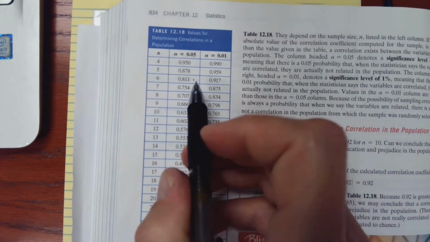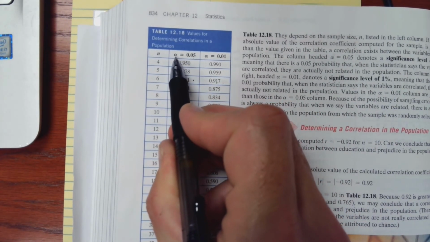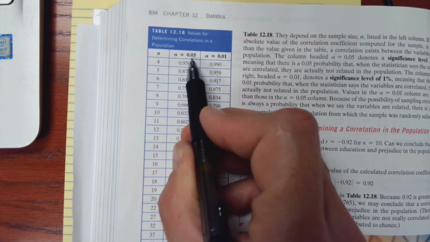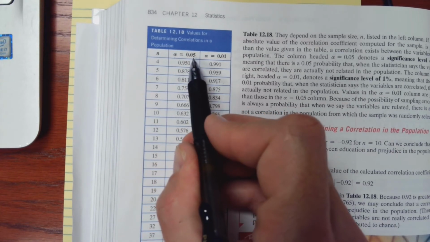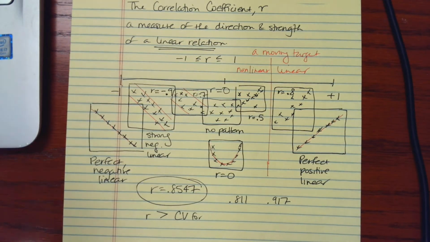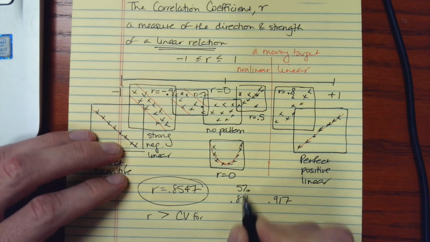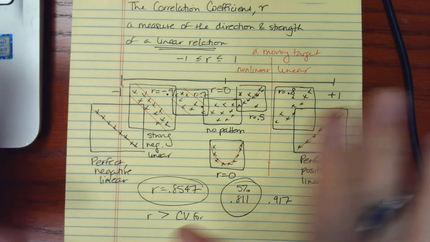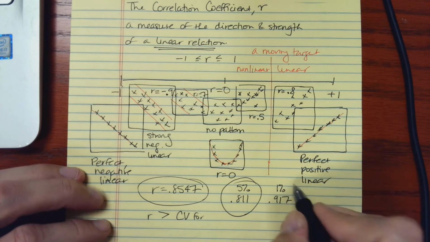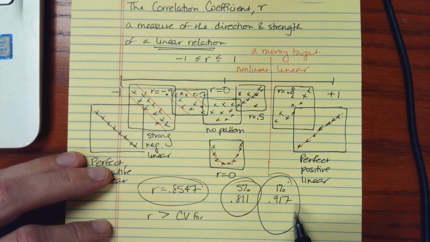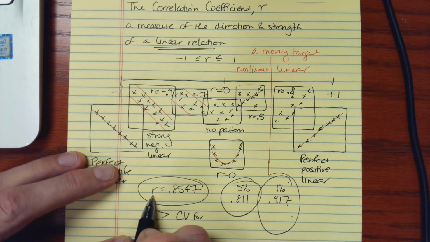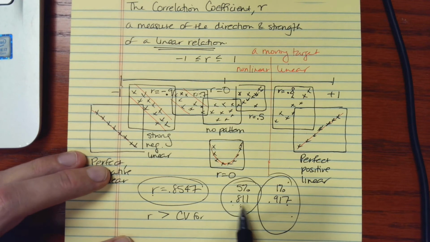I'm going to point out again where I'm getting this. The 0.811, that alpha is called the level of significance, and again, this is the chance that you will say there is a linear relation when there's not. So if I am going to be happy with a 5% chance of it happening, I can use this critical value. But if that is too loose, that's too much risk, I can only accept a 1% chance of making a mistake, then I'll use this critical value. So notice that my R is greater than 0.811. So I could say that there is evidence